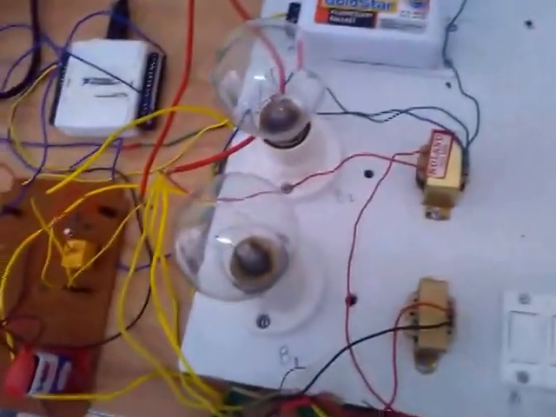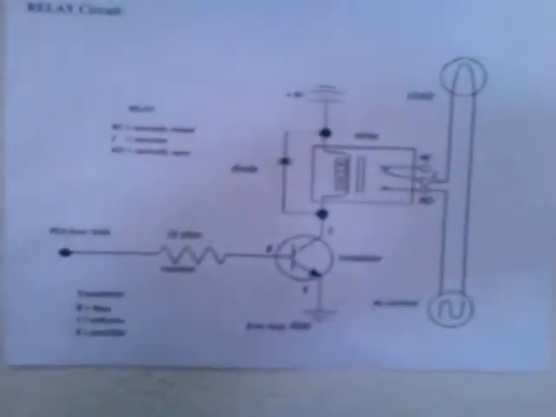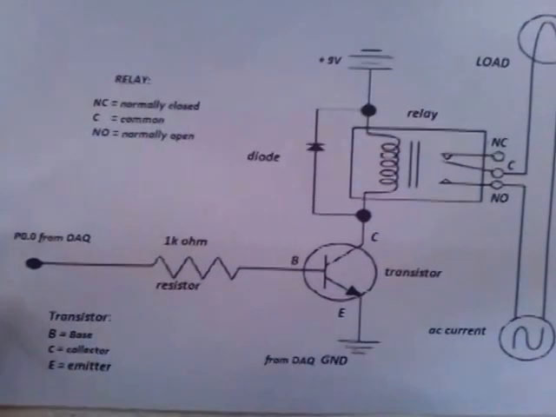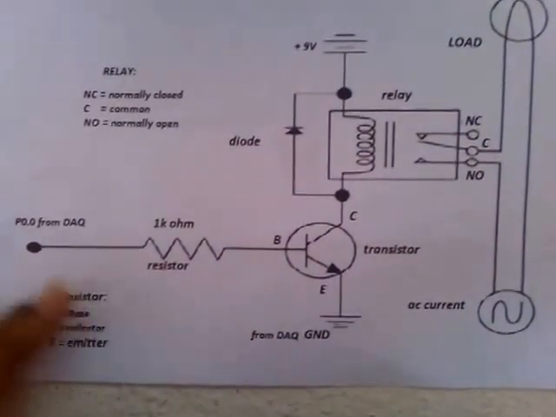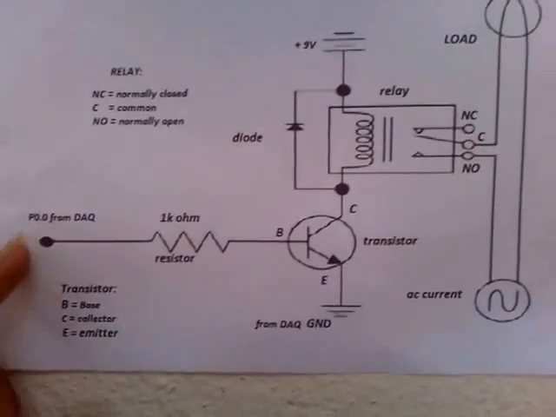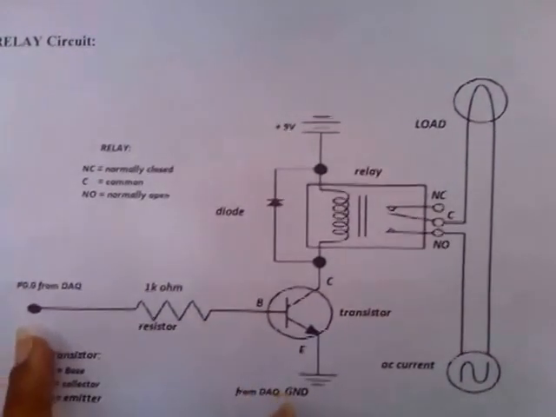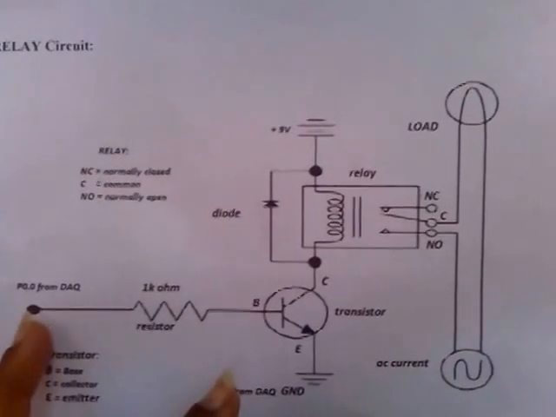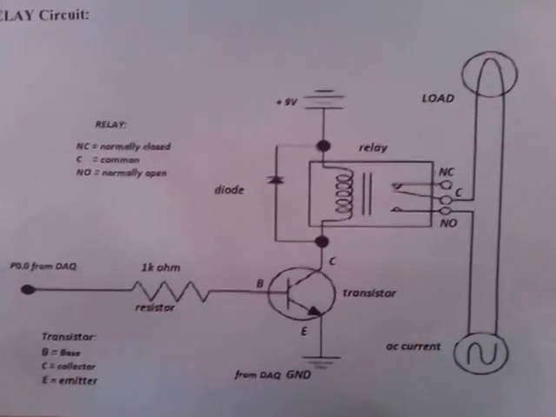Let us look at the relay circuit diagram. In this, the DAC on the other end, that is the digital side, port 0 from the DAC is given to the base of the transistor, which is a common emitter transistor, and the ground is given to the common emitter. Whenever there is a overload, then the signal from the LabVIEW software is given to the DAC, that is to generate 5 volts. Here we can see how we give the signal.